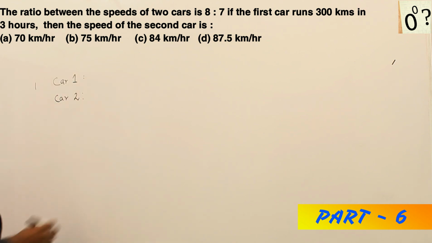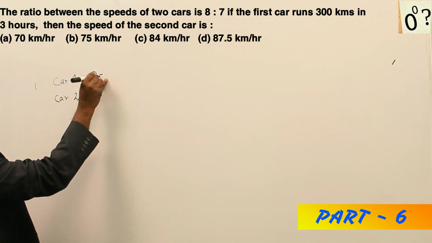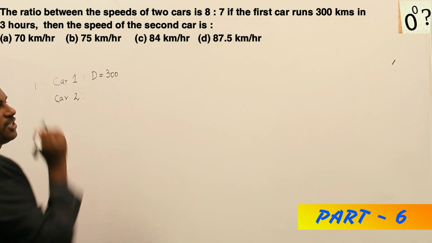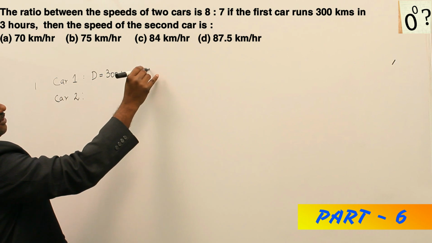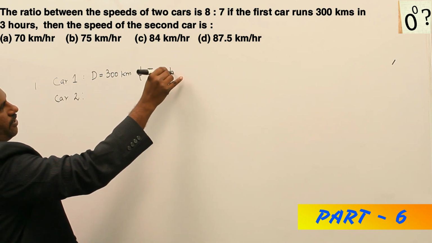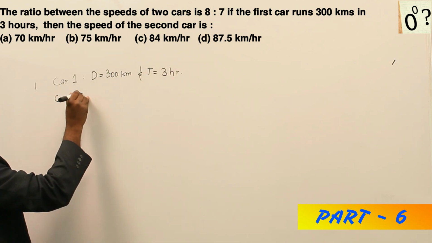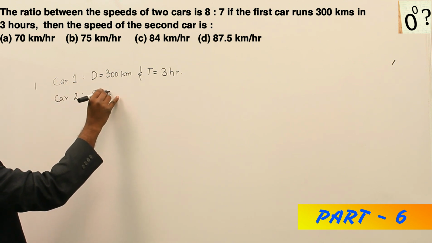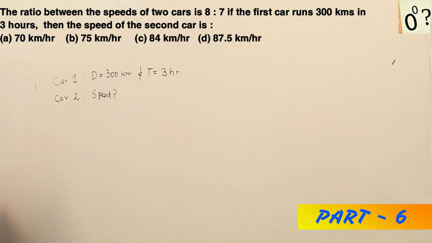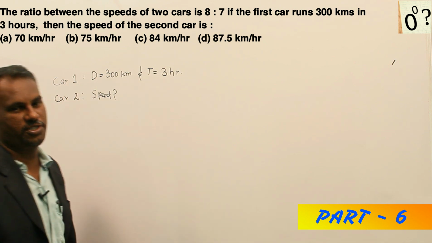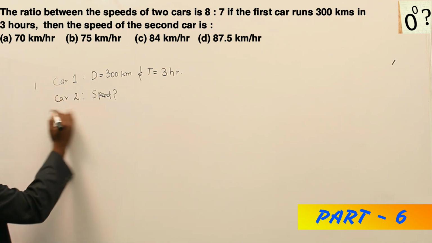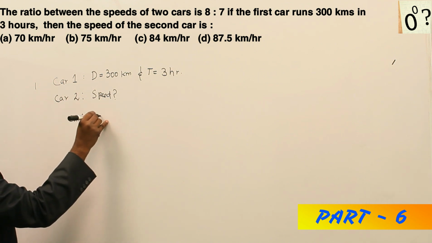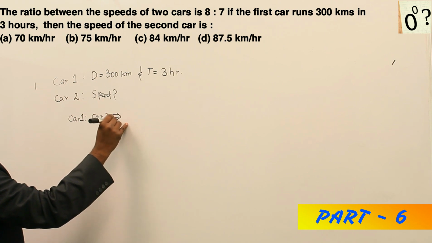Car 1 covers the distance of 300 kilometers in a time of 3 hours. They have asked for the speed of the second car. This is the question. The other data is the speed ratio of car 1 to car 2,